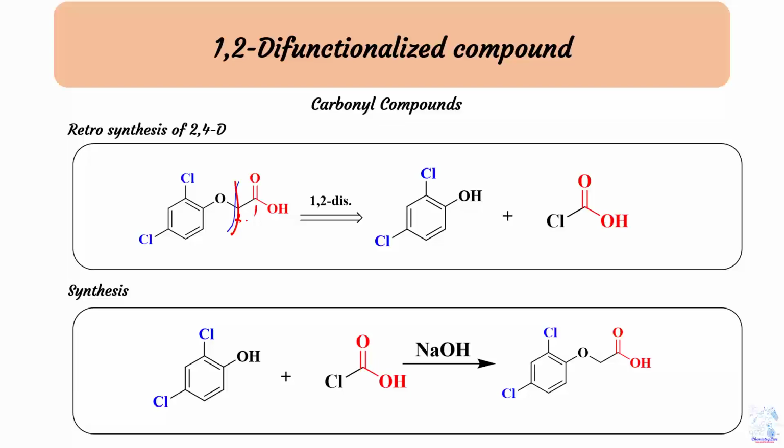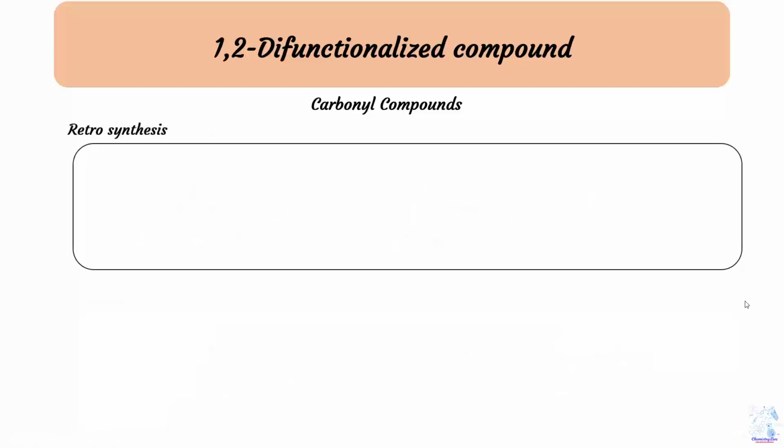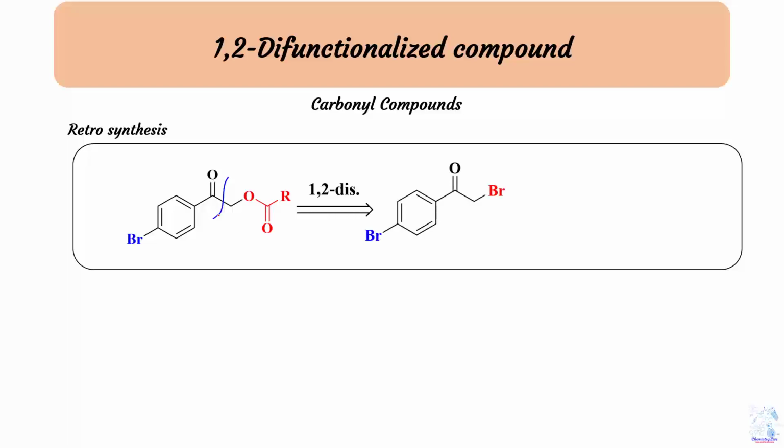The alpha halo compounds are reactive enough to consider as an alternative disconnection of a certain ester. Okay, so that we have taken in mind. Another retrosynthesis, like that, the compound having again the same ester with a C double bond O alpha at beta position, we react with that one. So it is basically 1 and 2 disconnection. If we take a look here, 1 and 2 disconnection. So with that disconnection we will have that halogenated compound and the OH or the alcohol group or the acid one.